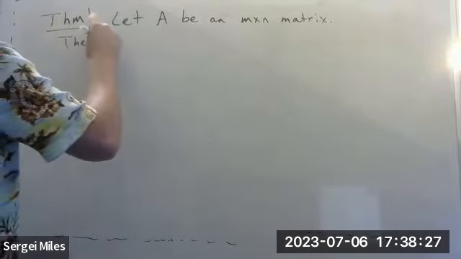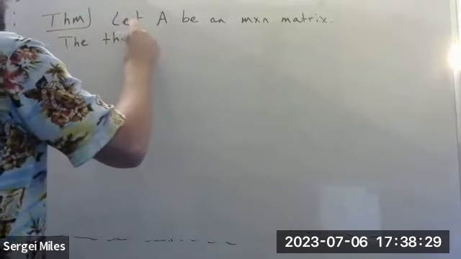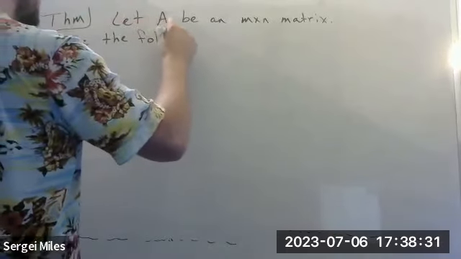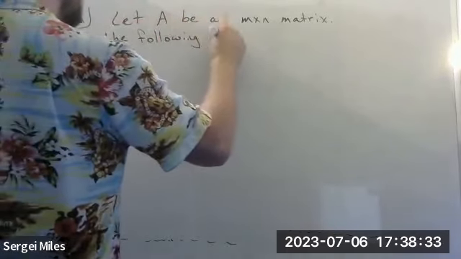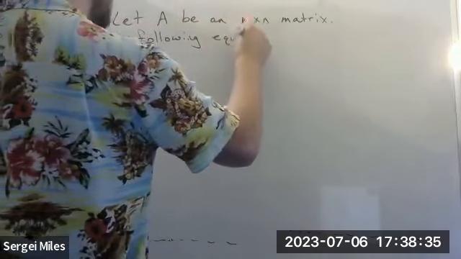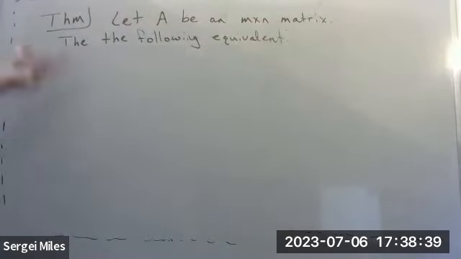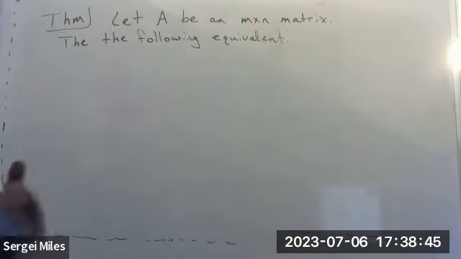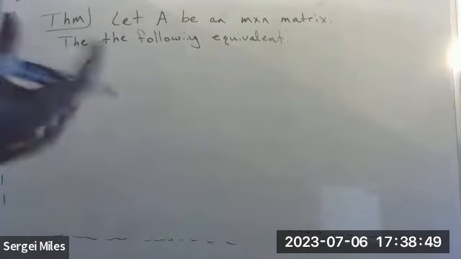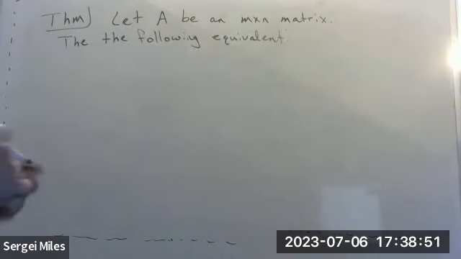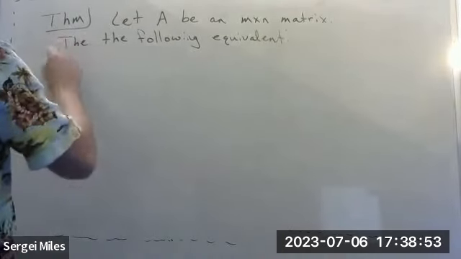Then the following are equivalent. And this is to say the next few statements that we're going to write down all imply one another. If one of these statements happens, they all happen. They all are equivalent to each other. They all imply one another. So, 1,